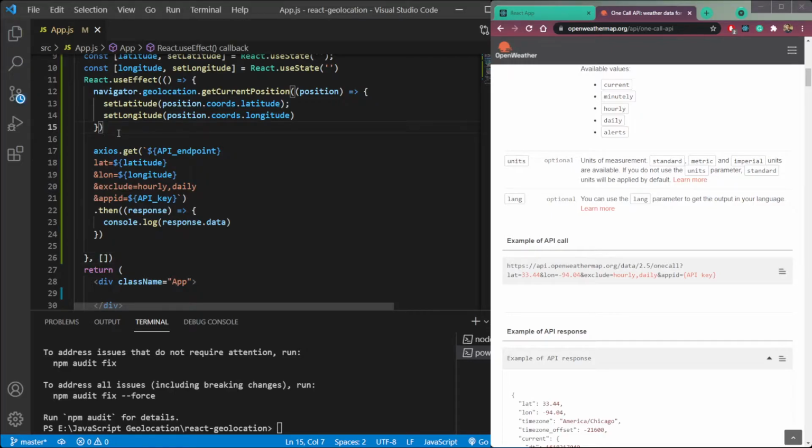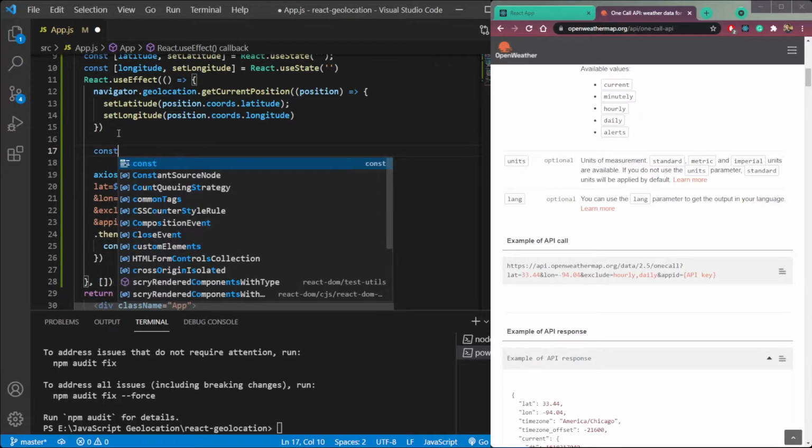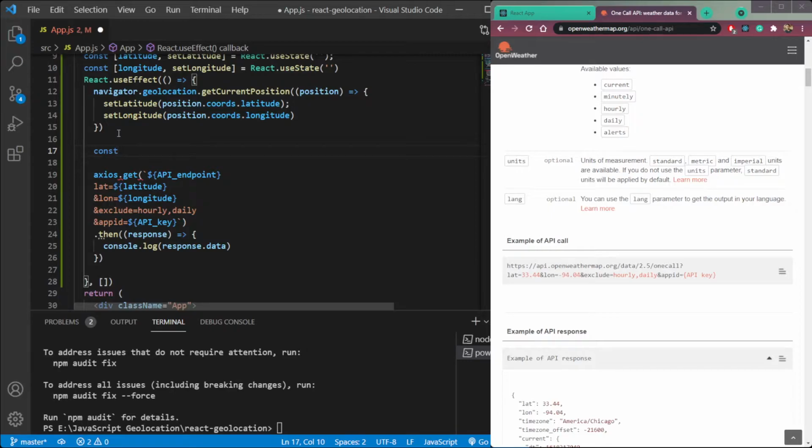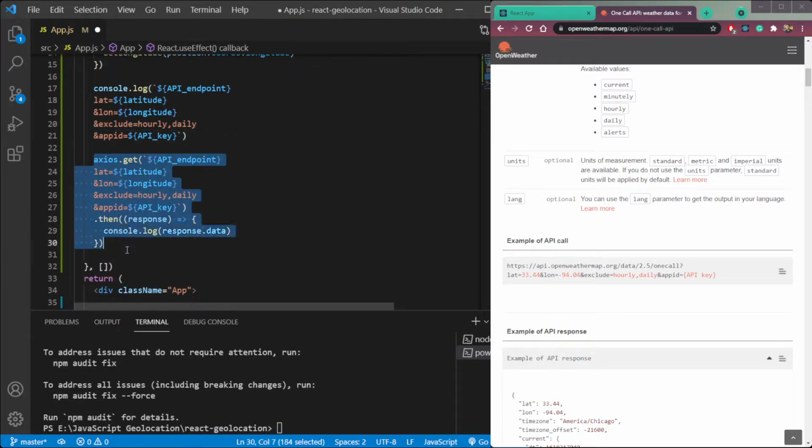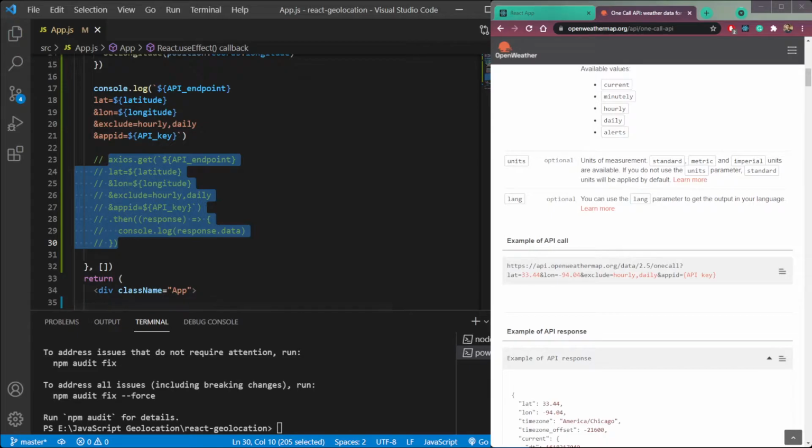First, let's try to construct a proper endpoint. We can console.log this whole thing. So copy and paste here, copy and paste inside, and let's comment it initially.